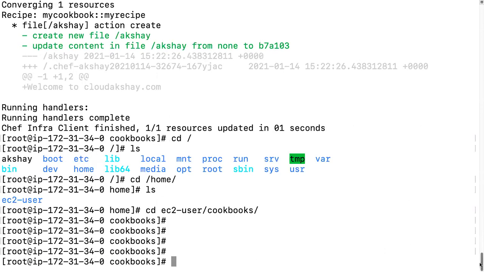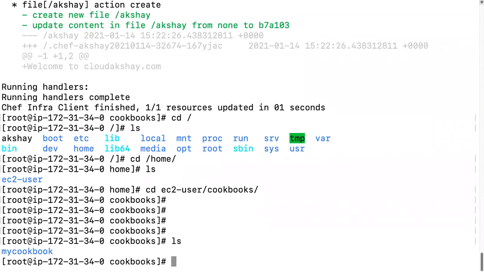Let's write something here. Vim, my cookbook, and in my cookbook recipe, we create my recipe dot rb. So let's enter.